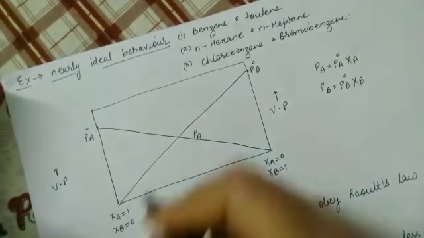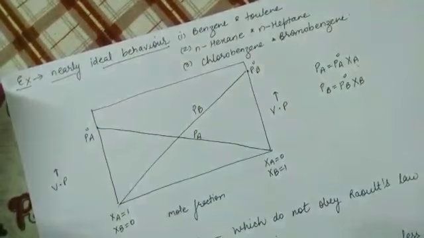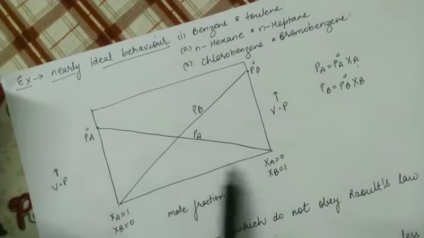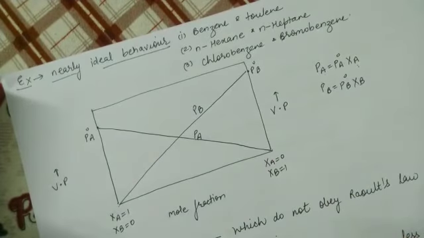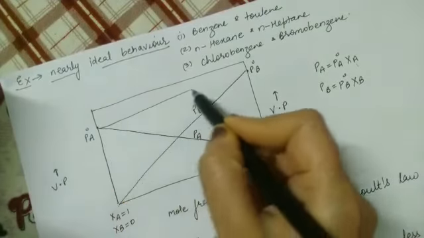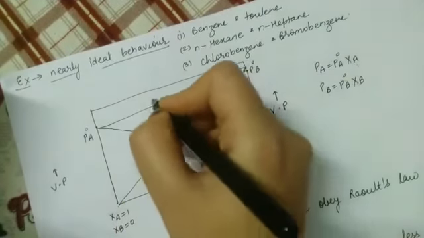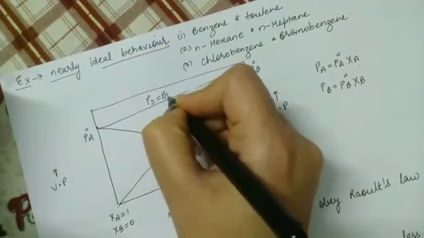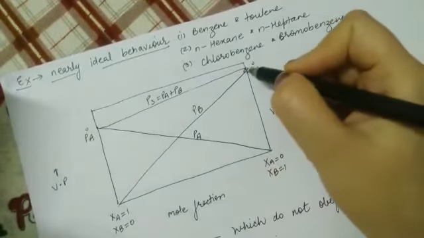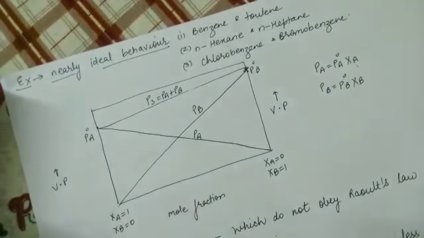So what this graph is showing? This graph is showing the value of PB. So it is clear from the graph that as XA decreases, PA also decreases, and as XB decreases, PB also decreases. Now how to find out total vapor pressure of solution? We know this thing. PS is always equal to PA plus PB. So if I join these two things, it will give you PS, and PS is equal to PA plus PB. So this is the graphical representation for Raoult's law. This is the graphical representation for the solution showing ideal behavior.